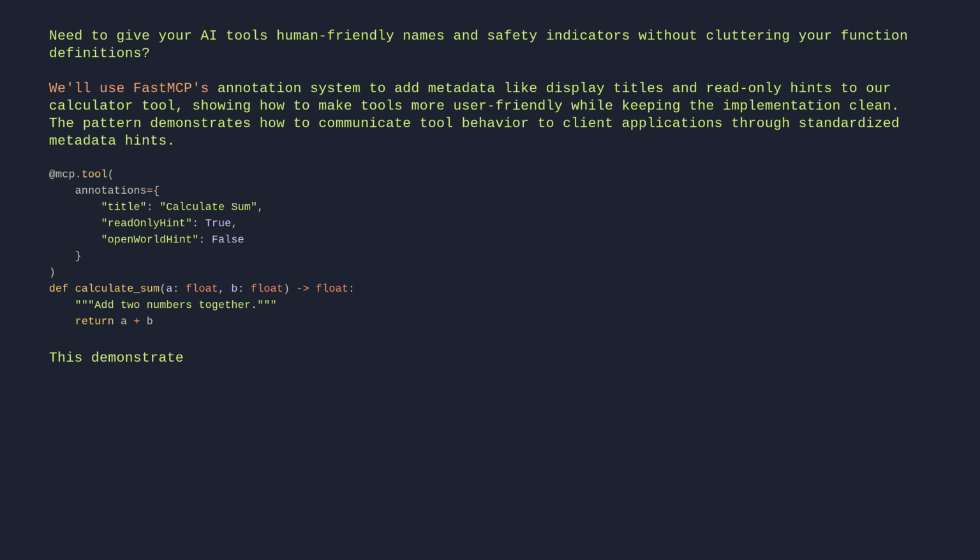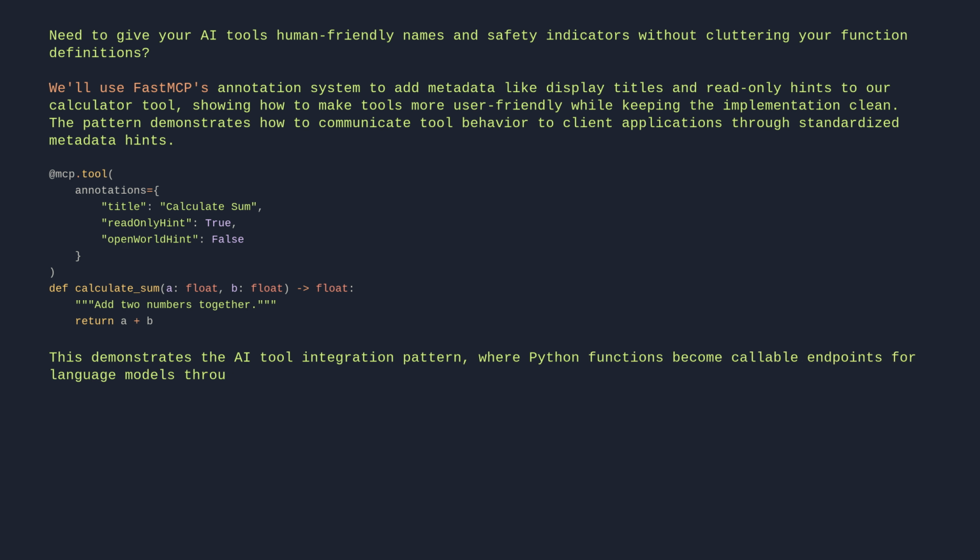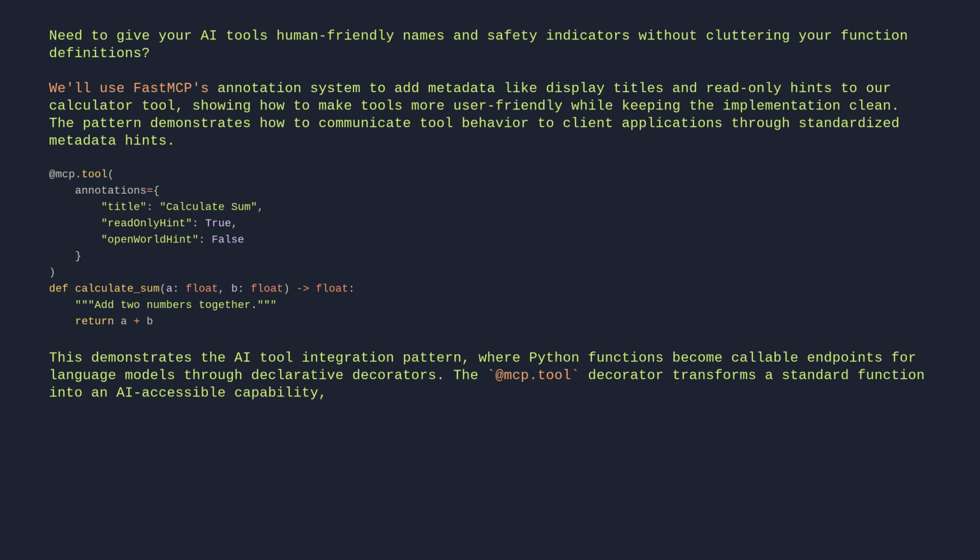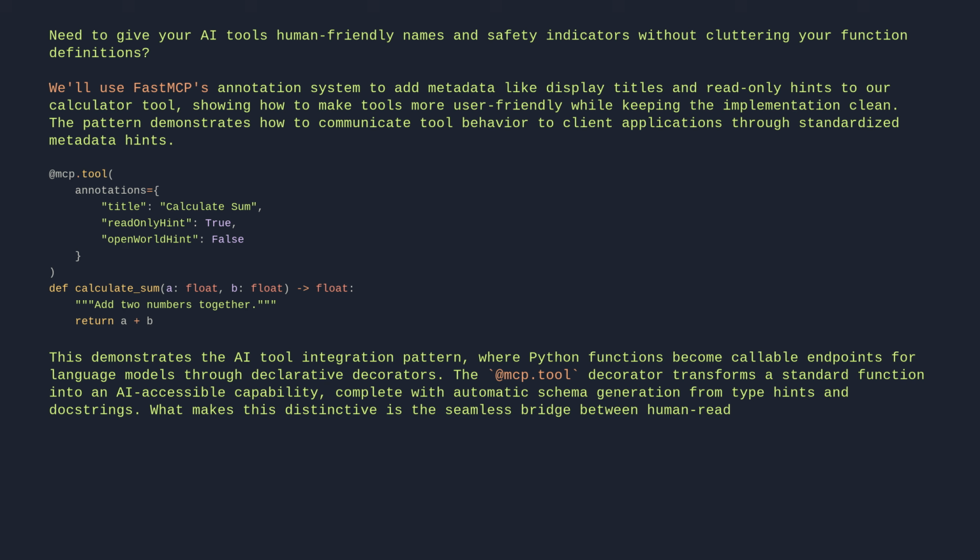This demonstrates the AI tool integration pattern, where Python functions become callable endpoints for language models through declarative decorators. The @mcp.tool decorator transforms a standard function into an AI-accessible capability, complete with automatic schema generation from type hints and docstrings. What makes this distinctive is the seamless bridge between human-readable Python and machine-consumable tool definitions without requiring manual